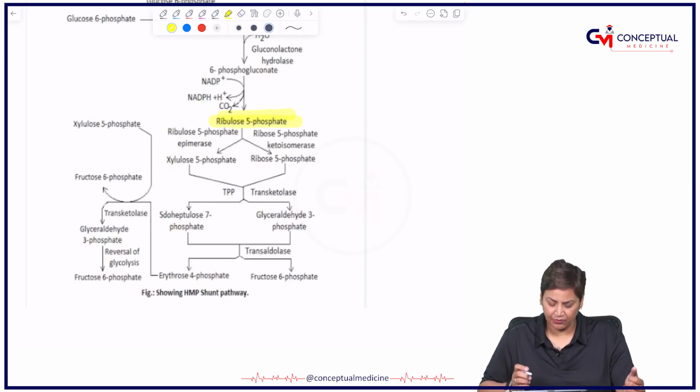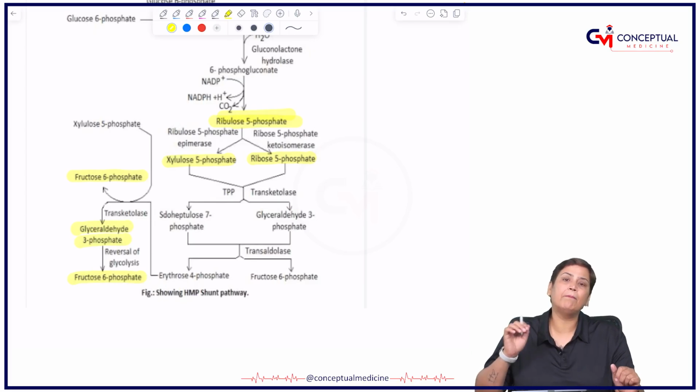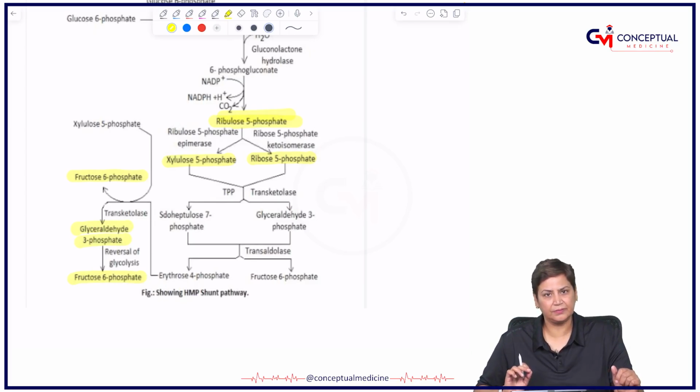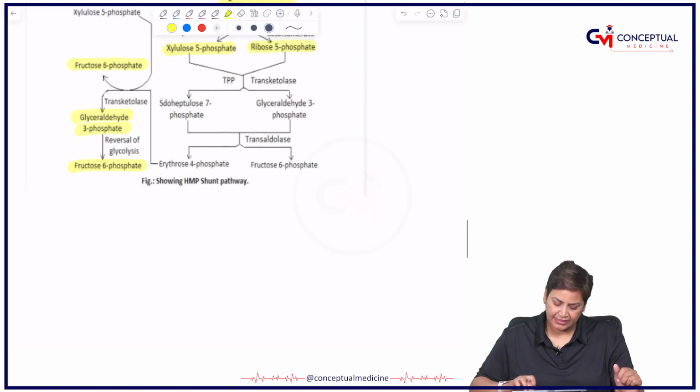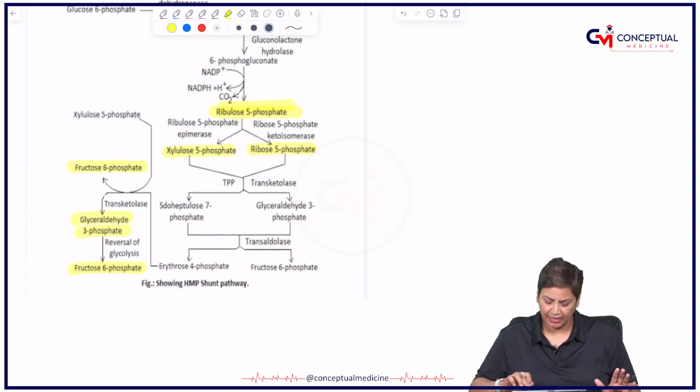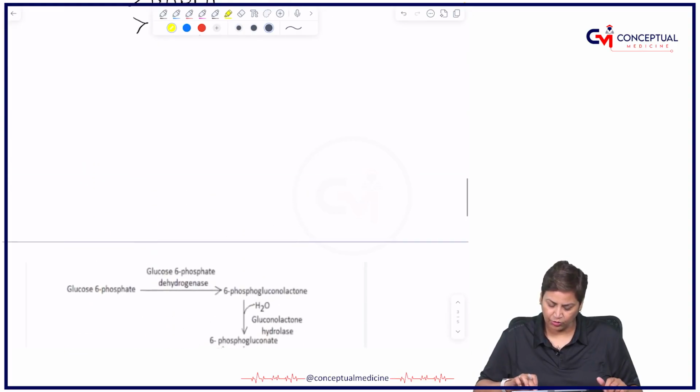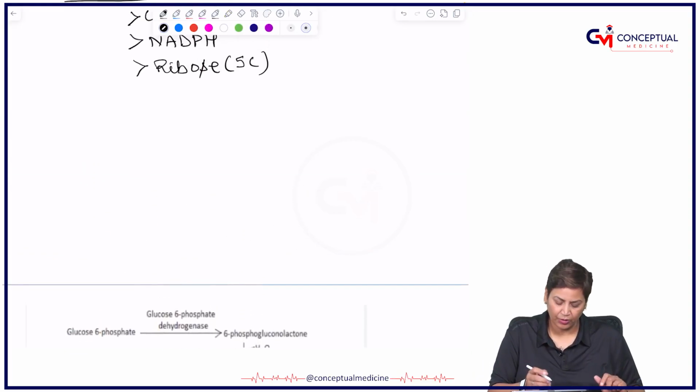Simply, it is combining with other things. It is forming xylulose 5-phosphate, ribose 5-phosphate. Or if we talk about the net result, it is this: fructose 6-phosphate, and you can say glyceraldehyde 3-phosphate. Or it will merge itself to form this. Okay. So if I have to summarize this, let me just write. If I have to elaborate it further, I can simply say that this ribose 5-phosphate, there are 3 molecules. So I can say that 3 molecules of ribose 5-phosphate,